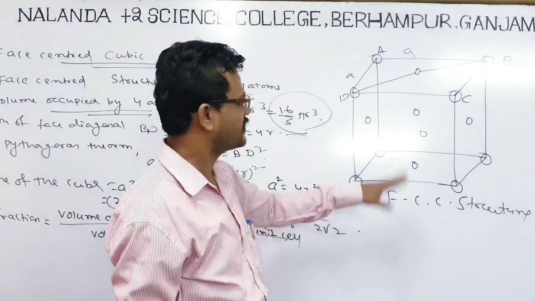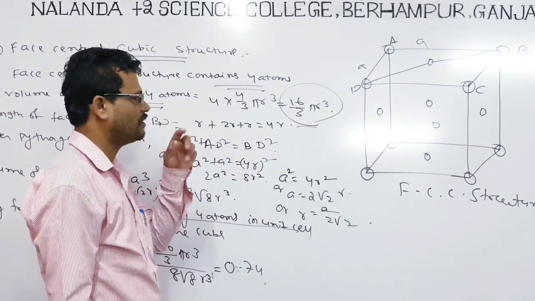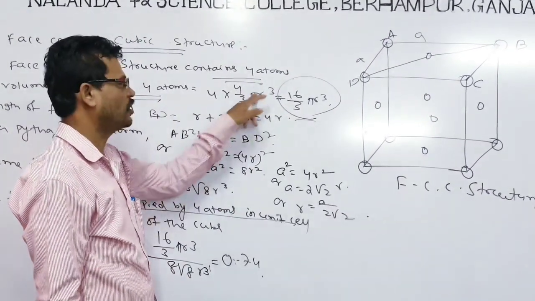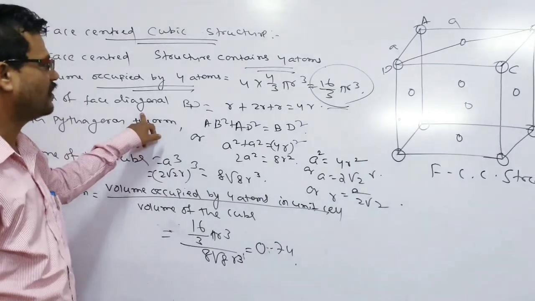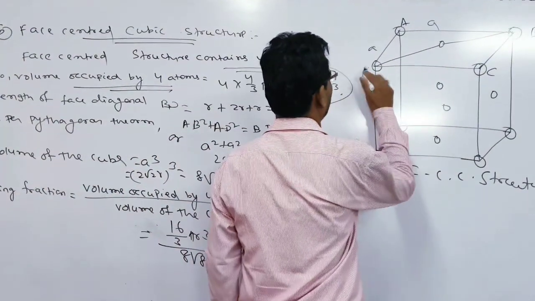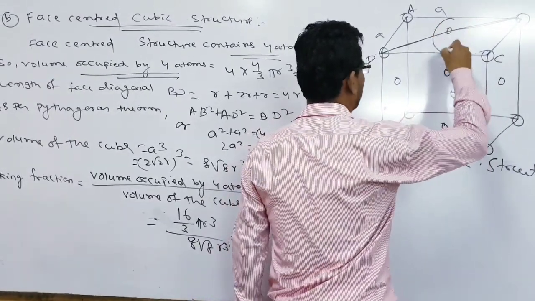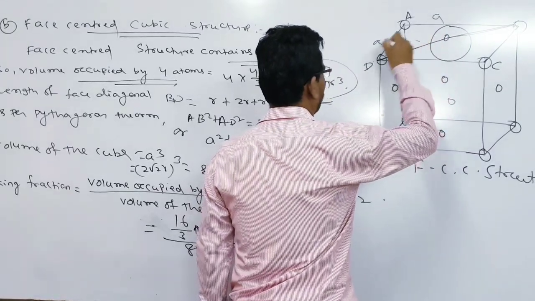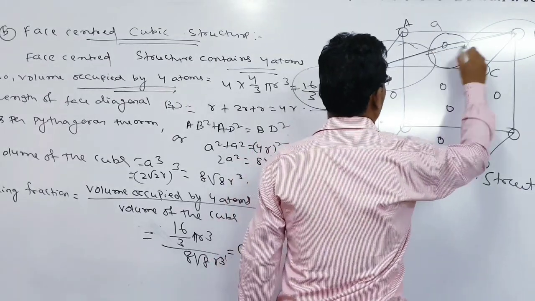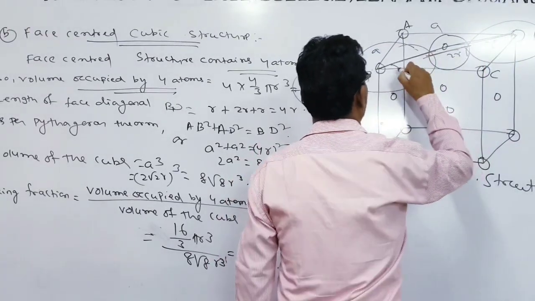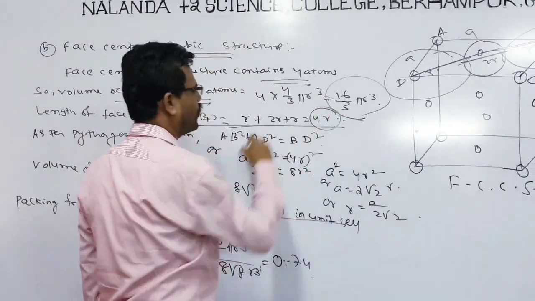Okay, so now if we take these structures and find their packing efficiency, because the number of atoms is 4, we multiply 4 with the volume, so we get 16 by 3 pi r cube. Now we come to these pictures, to the diagonal BD. This is the diagonal BD. In this BD you can observe there is 1 atom present at the center and 2 present on the two sides, here one and another here one. So the total is: this is 2r, this is r and this is r. So we can see that the total diagonal length is 4r.